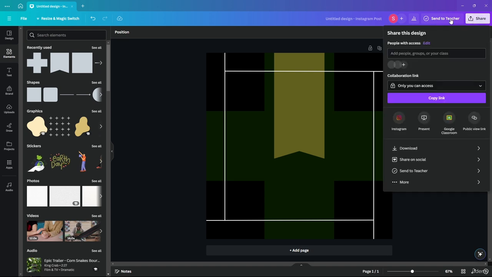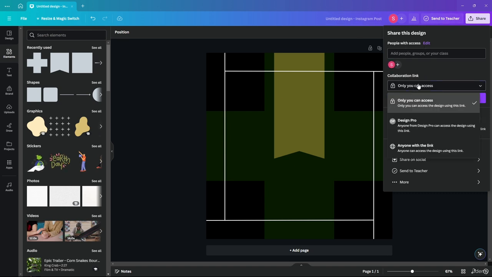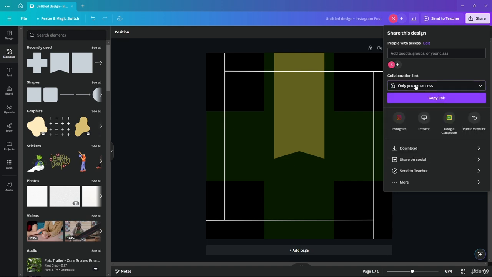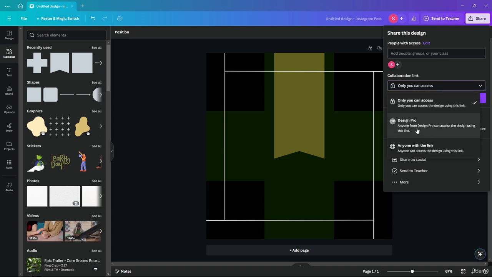So if I go to share over here, as you can see, people with access to it can edit. So you can add people, groups, or class. You can share it with other people as well. Now you can have a collaboration link. As you can see, Design Pro, anyone with the link can access. So collaboration link, who can access? You can have Design Pro, anyone from Design Pro can access the design using this link, or anyone with the